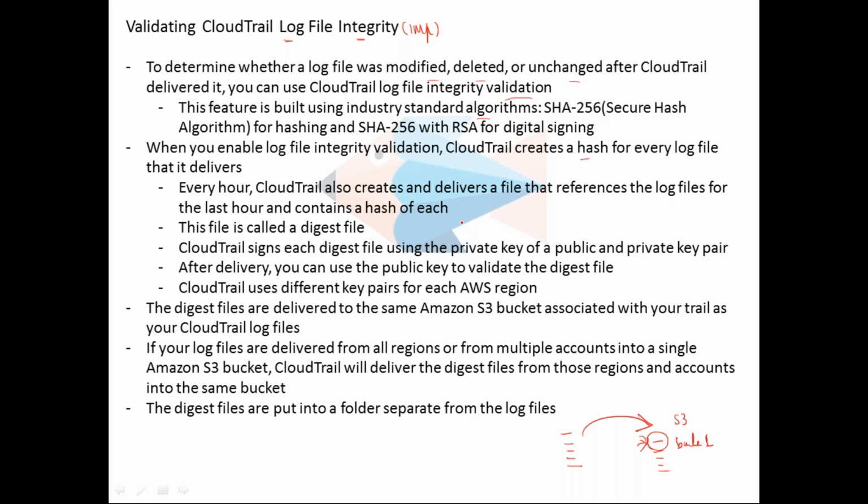For example, in the last hour you got some set of logs, so it creates a separate hash for each log file. This file is called a digest file.